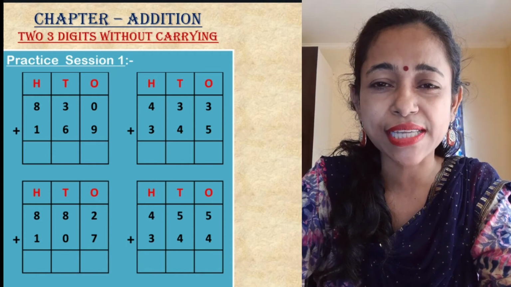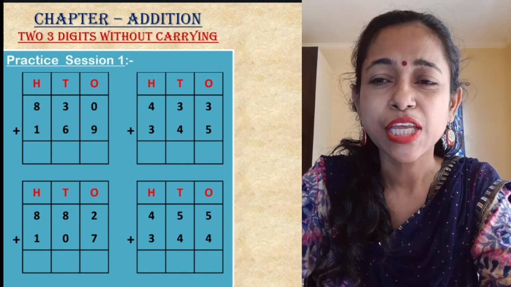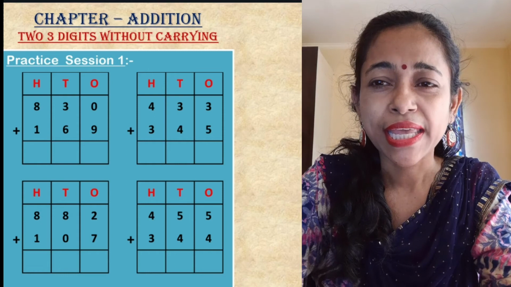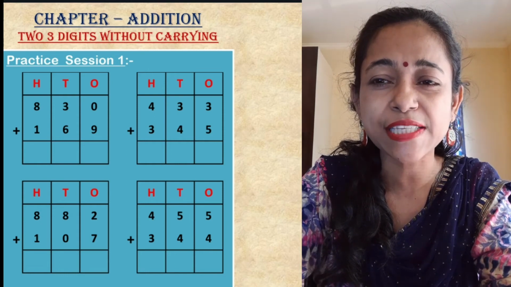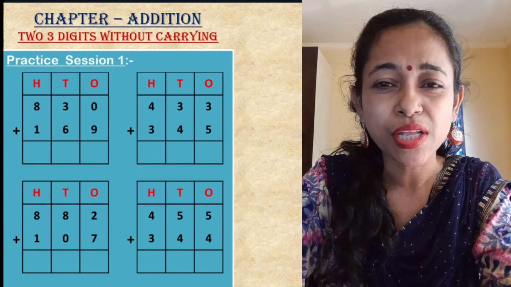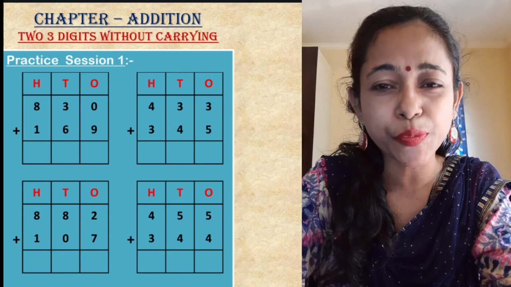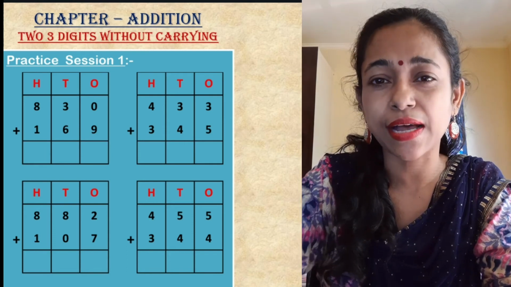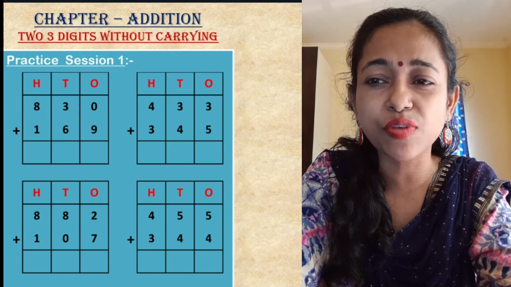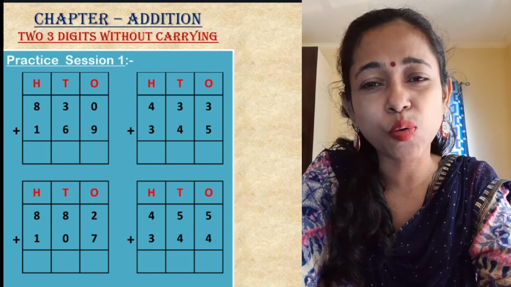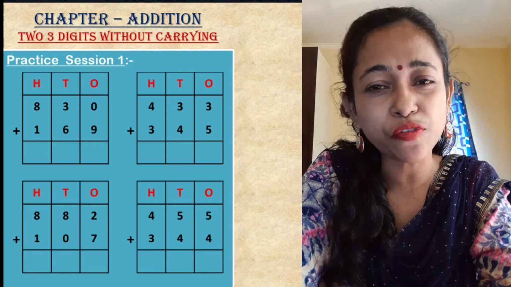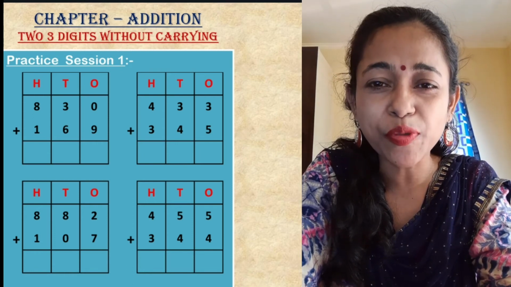Now in the third sum, the sum is 882 plus 107. So when we will be doing the sum starting from the ones place, you will add up the numbers. It is all without carrying. In the second place, you see on the tens place, you have 8 plus 0. So any number added to 0, you know what is the answer. So you will do it accordingly. And in the last sum, you see the number is 455 plus 344. So that also you will proceed without carrying and counting on your fingers. So now I hope you have understood.